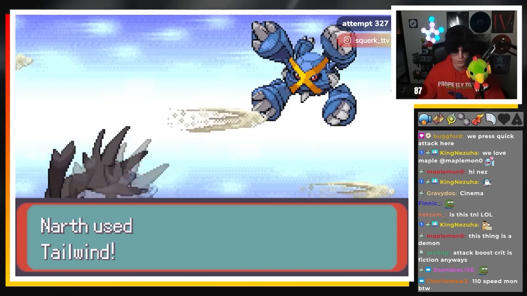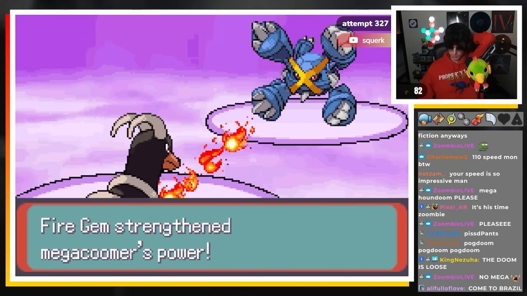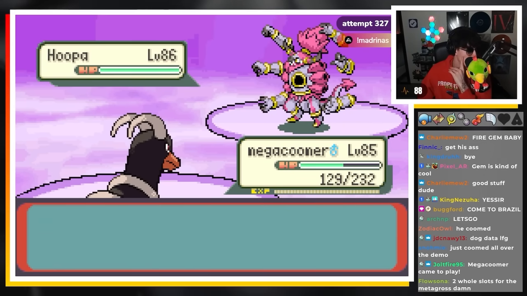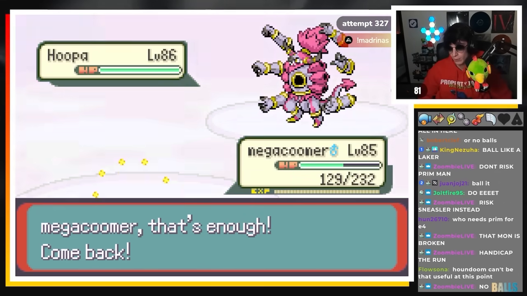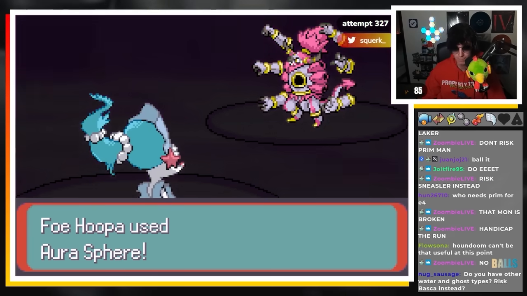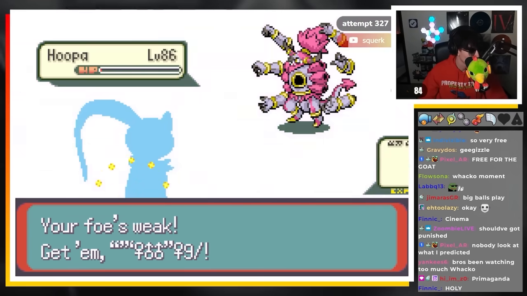I set up a Tailwind and swap into Golisopod to bait a Zen Headbutt into Houndoom, who's holding my Fire Gem. Flamethrower always KOs, bringing in Liza's final Mon, Hoopa Unbound. The problem here is that Houndoom can also bait Hyperspace Hole, which really messes up my switch-in candidates. I decide to channel my inner Wacko once again, and hard swap into Primarina, who's dead to some Hyperspace Hole crits, but he ends up taking an Aura Sphere instead. From here, it's an easy pivot into Hydreigon, then into Sneasler for...